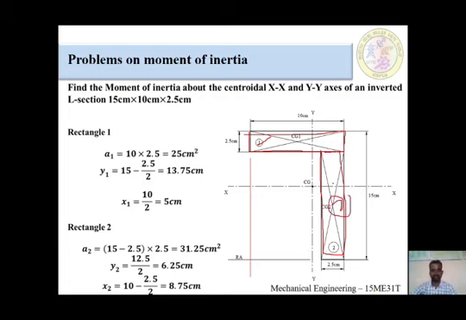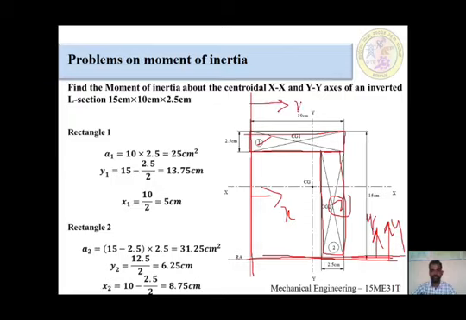After splitting, the next step is to take the axes of reference. As per our procedure, for finding x values we take the left line as our axis of reference. For calculation of y values we take the lowest line as our axis of reference. This horizontal line is for calculation of y values and this vertical line is for calculation of x values. When referring to the horizontal axis we go vertical for the y values, and when taking the vertical reference we go horizontal for the x values. Up to here we have studied in previous sessions.